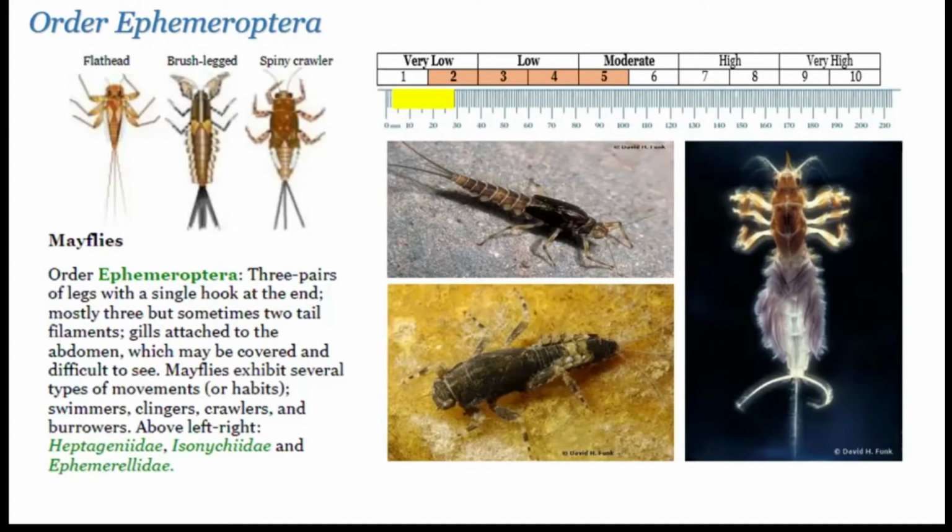One of the things you might want to become familiar with this group is how they move. Once you get them in a pan, these animals move around in certain ways, and mayflies have several types of movements. Some are swimmers, some are clingers, and some are burrowers. And the swimmers typically dart around your collection pan really quickly. So most likely, if you see that, even though you might not be able to identify it or catch it even, that's probably going to be a mayfly.